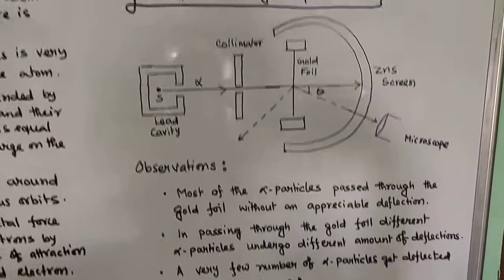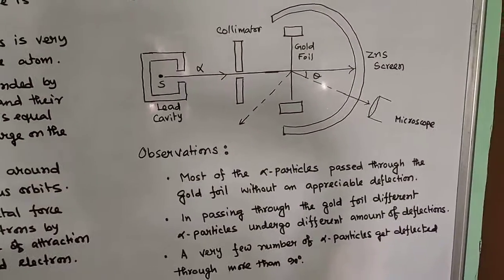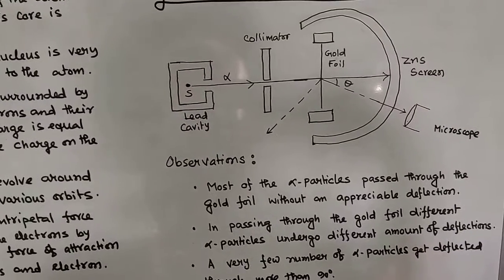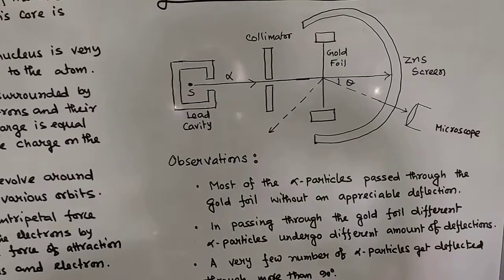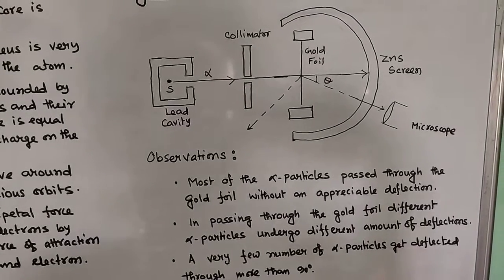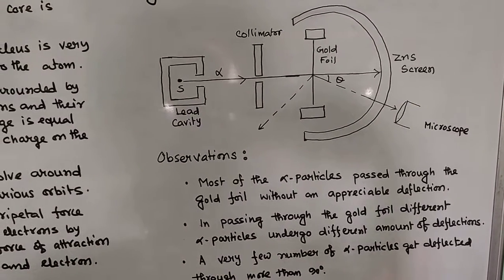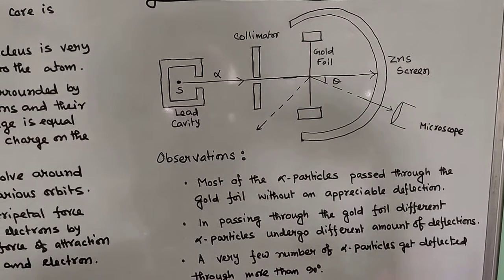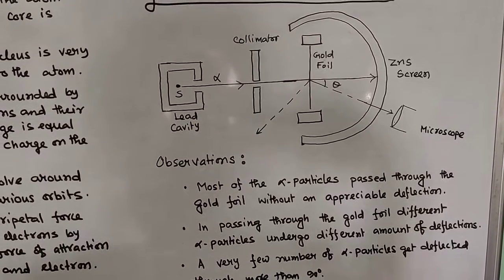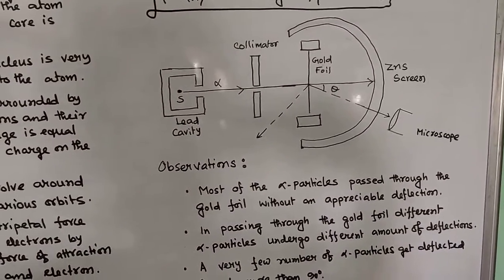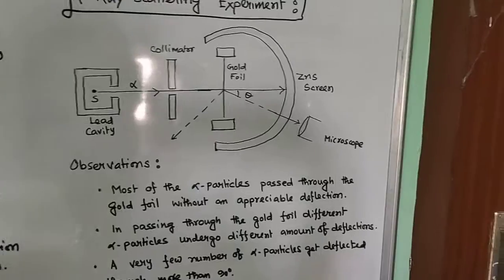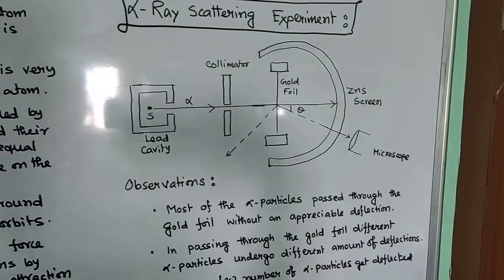As some alpha particles get deviated by 180 degrees, it suggests that definitely some high density positive charge region is there, because the alpha particle itself is positive. So if it has to suffer 180 degree deflection, then definitely a highly intense positive charge region must be there, and that positive charge region is defined as the nucleus of the atom. The whole mass of the atom is concentrated in that small region known as the nucleus. So the nucleus is a positive charge region. This experiment showed that the nucleus is a positively charged region.